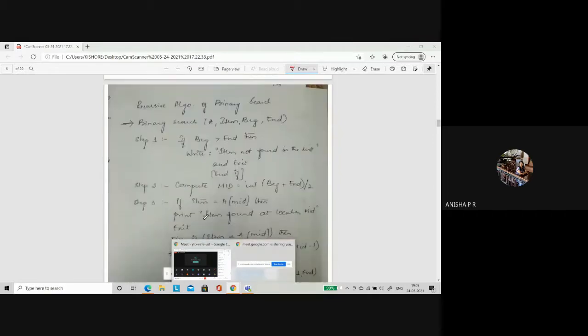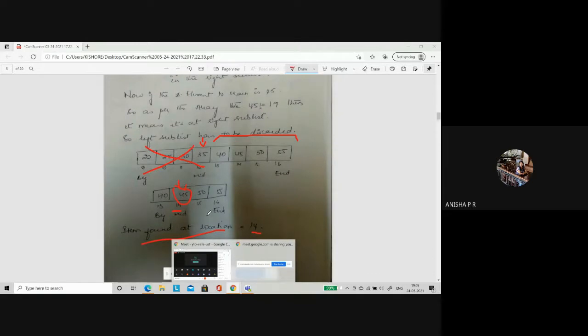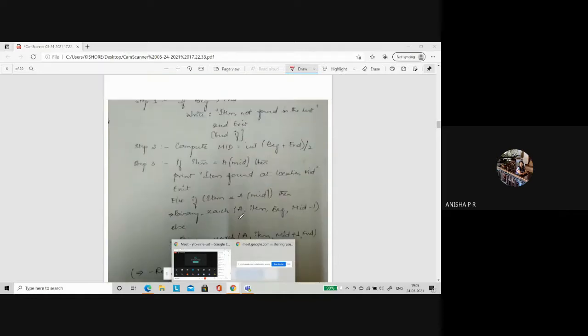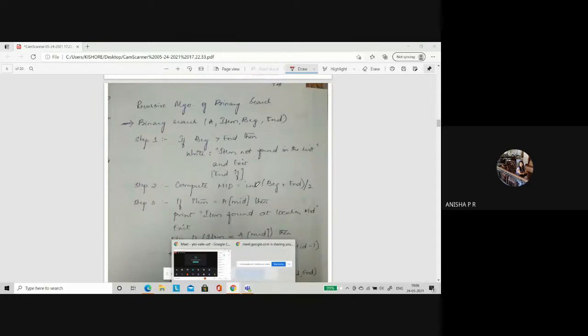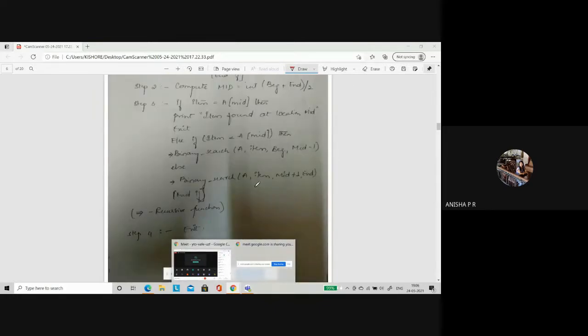So binary search, should it be written in recursive or non-recursive? Choice is yours. It is not a thumb rule. But recursive ways, in less number of time, let the array be as big as it wants, it will start working. Understood? Now let us understand this recursive algorithm of binary search. I'm showing the recursive, non-recursive also can be done, not a rule that it has to be recursive only.